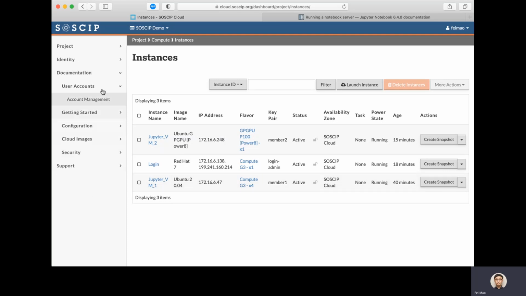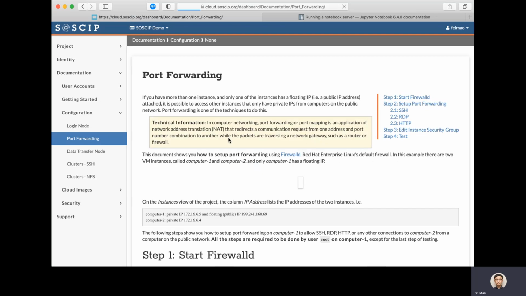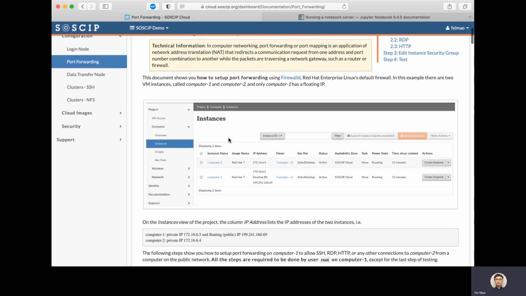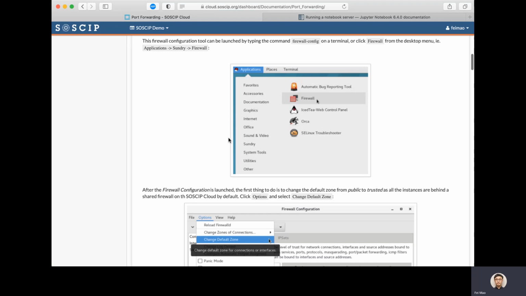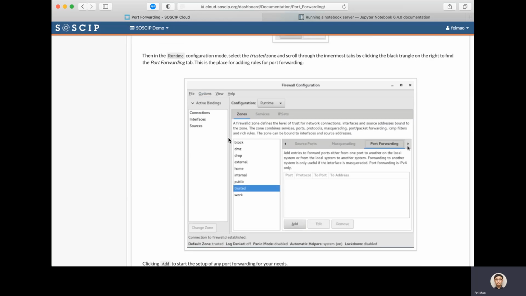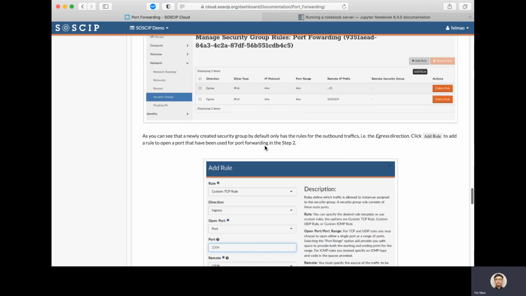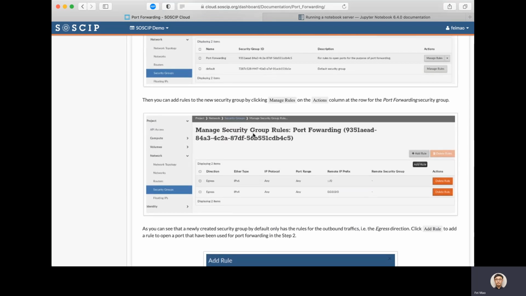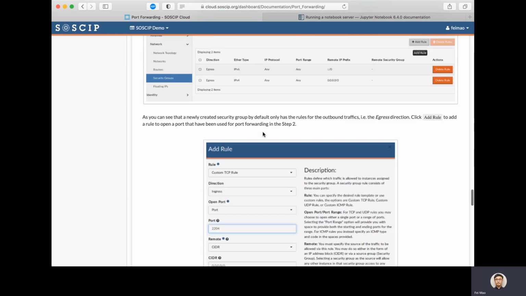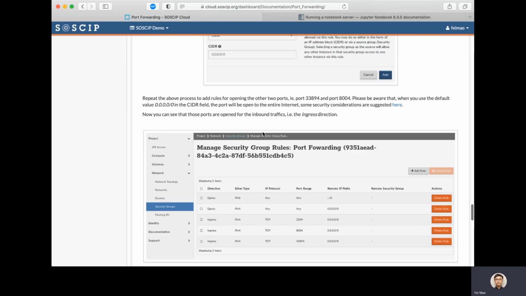If you don't know how to do it, you can go to this documentation on configuration and port forwarding. This document will show you how to do port forwarding, including how you set up the firewall rule inside the VM, and also the firewall rule, also known as security group rules, outside the VM on the cloud